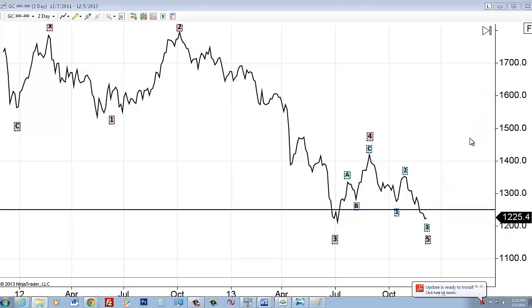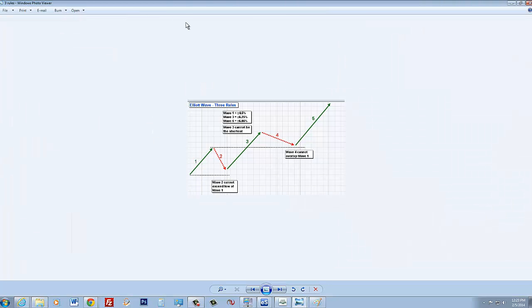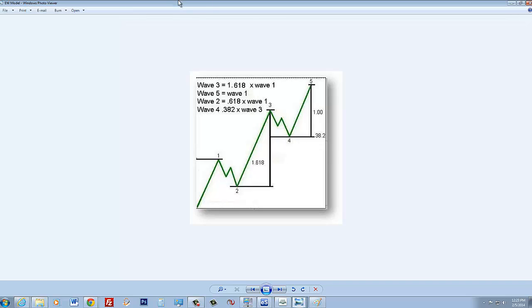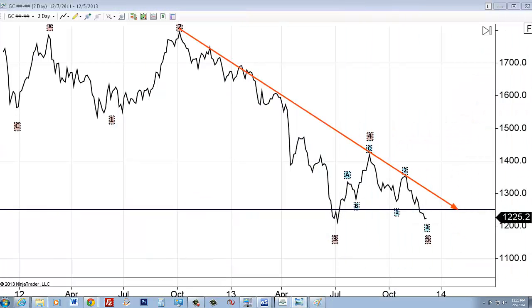Now, how can we determine if that's what we're looking at? Well, a couple of things have to happen. The first thing is the market would have to trade over 1255, 1260, where we have our stops. There's a triple top there. Until that's taken out, we've got to remain bearish. Secondly, most necessary, we've got this really long-standing trend line, this resistance line,